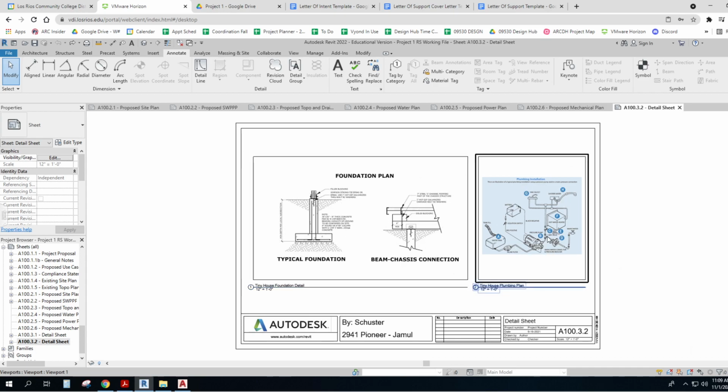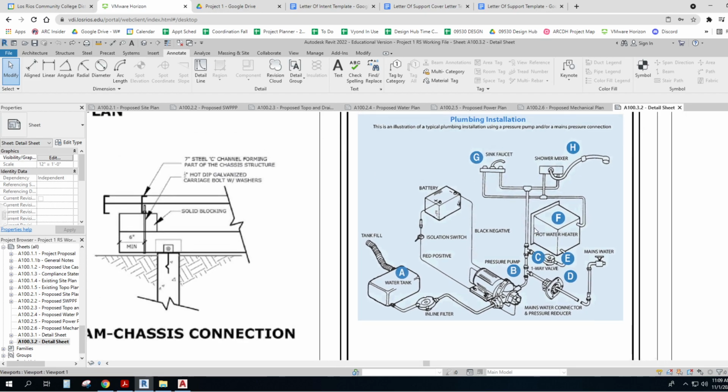And then for the plumbing plan, just to show how it might be, like the tank fill. There is a water main. It's not very big, and personally, because this is probably not big enough, I would put the water main into the tank, make the tank a little bit bigger. I'll be working with some of the design hub people to get that sizing right. But if you can deliver 2 or 3 gallons a minute,